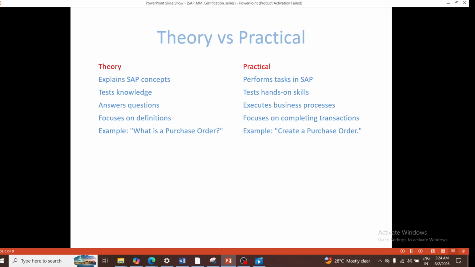Coming to theory versus practical. What is theory? What is practical in the exam? Theory means they explain the SAP concept. Previously, as I told you, the object-oriented exam is there. If you know theory, you can write that exam. Coming to the practical way, we should perform the task